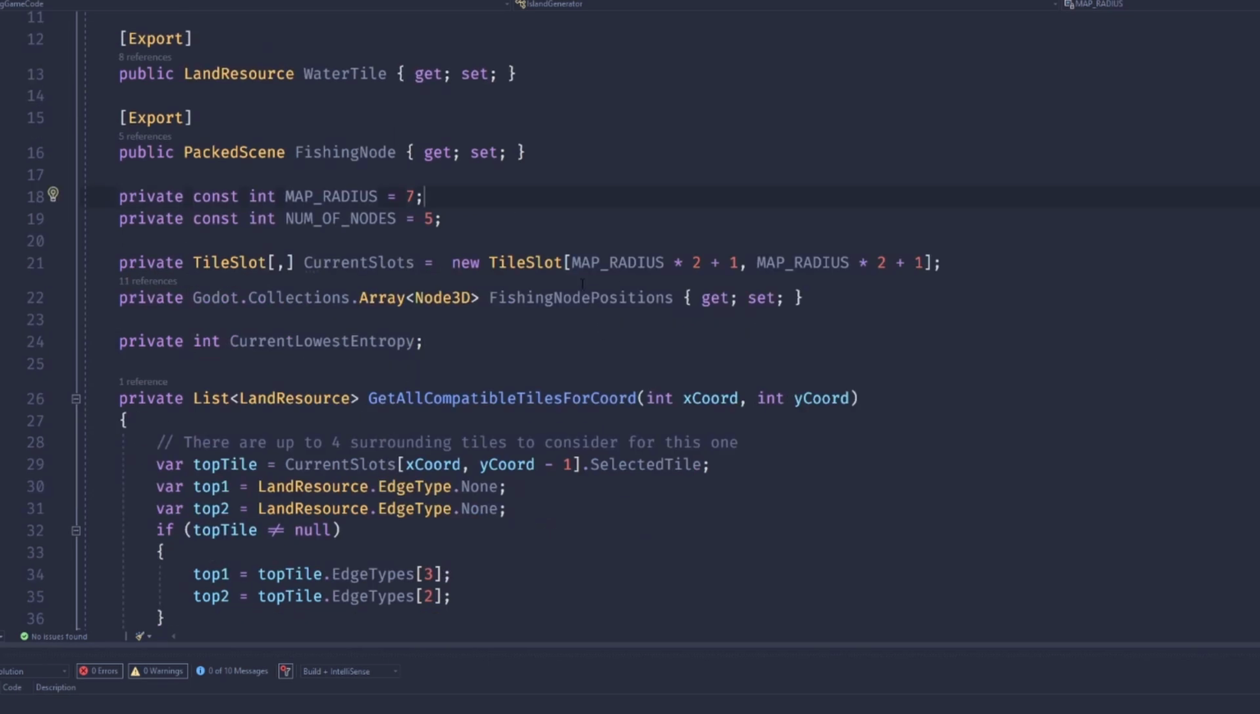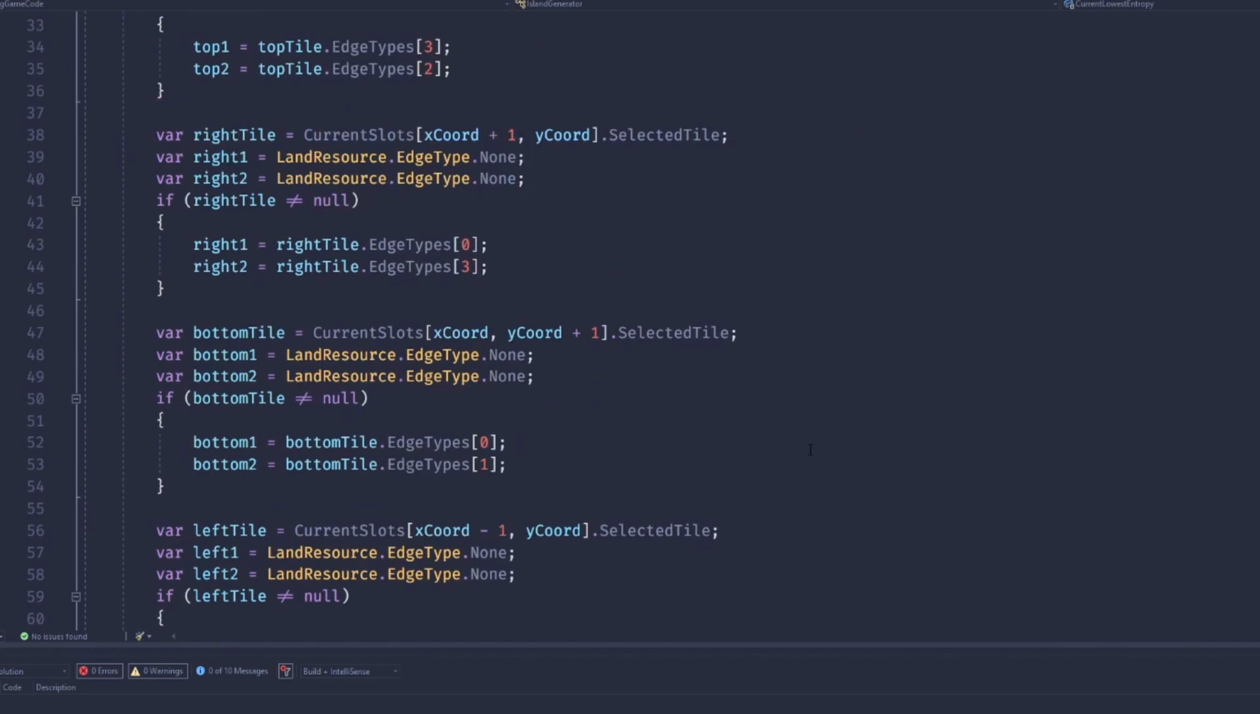And then I have a two-dimensional array called current slots, and this is what's going to hold all of our slots that we're going to fill, and then eventually it's also going to hold the tiles that they're filled with. I've just initialized it to be the size based on the map radius. Got another fishing node property here, and then I also have current lowest entropy. This is used within the loop to keep track of which tiles have the fewest number of options. And I have a lot of private functions in here that we'll talk about later, but first